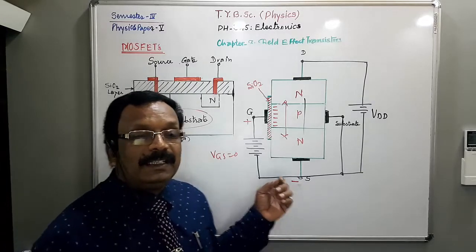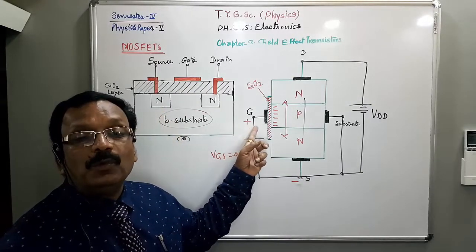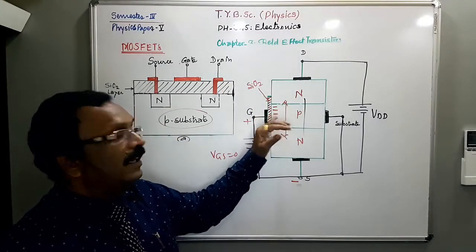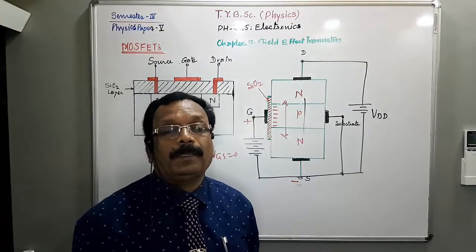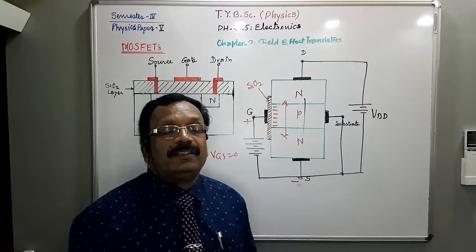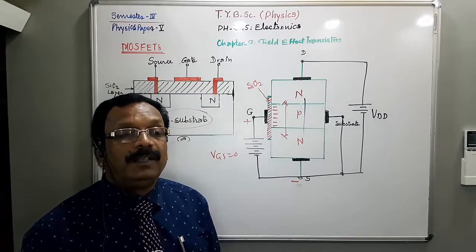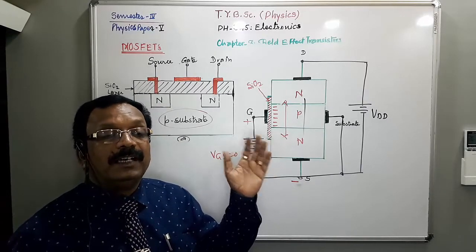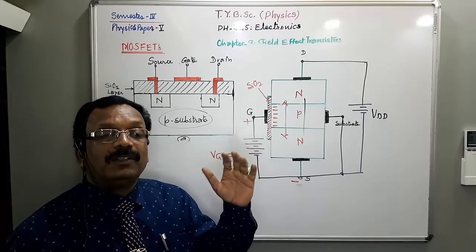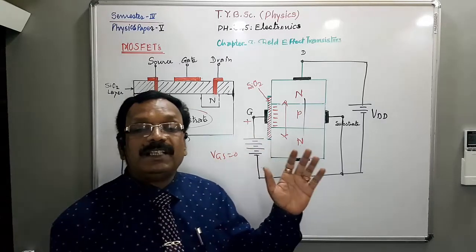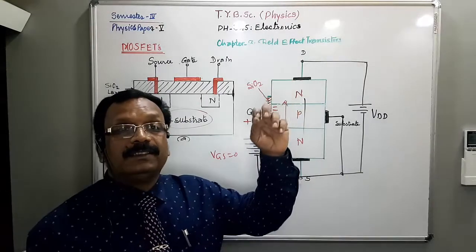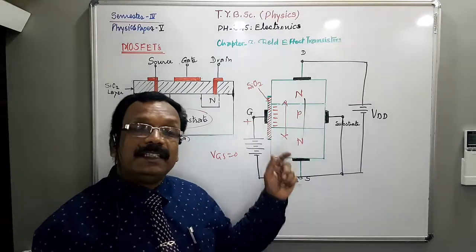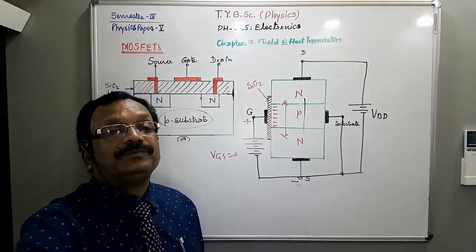With the increase in gate to source voltage, more negative electrons are induced, and the number of electrons is induced rapidly, in avalanche. Then what happens? With the increase in gate voltage, more induced negative electrons, which are minority carriers for the P type substrate, are formed in the channel, and its conductivity increases, that is, conductivity is enhanced, and thus the drain current is enhanced by positive gate potential.